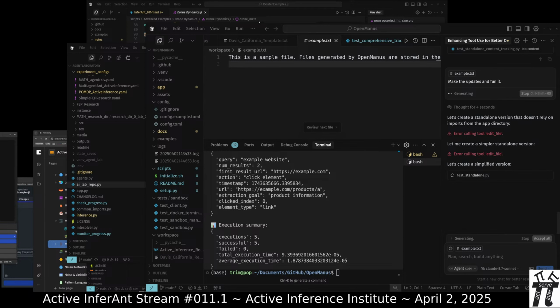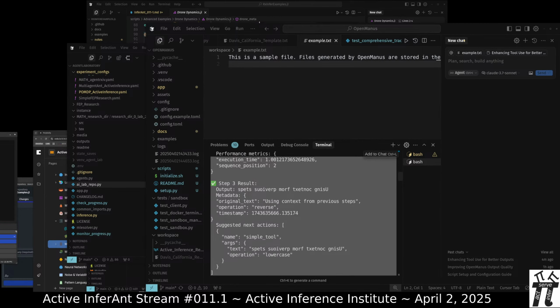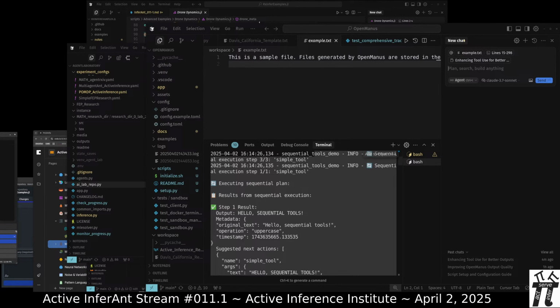Okay. This one seems to be hanging again. So here, one affordance that they sort of point to is new chat. So this is back to OpenManus. Here is what we get.